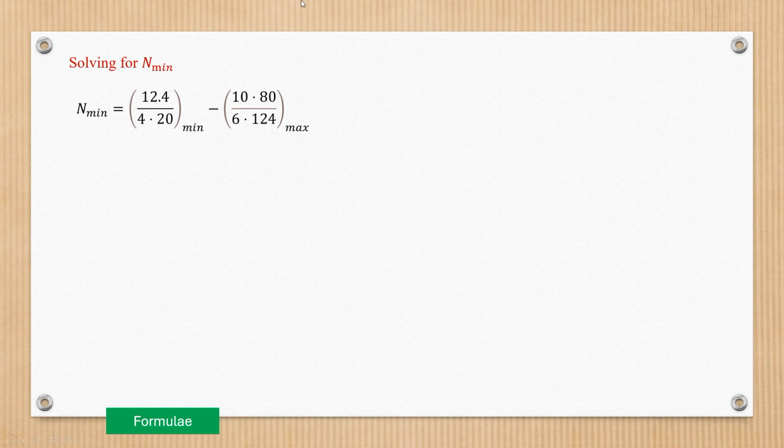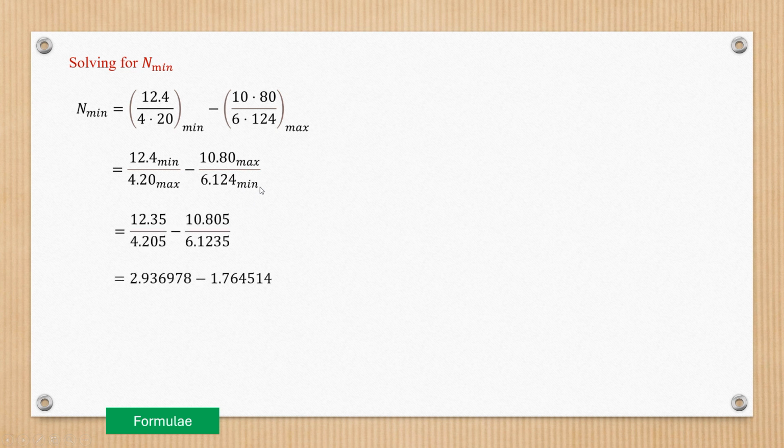Let's look for n min. Now when we're dealing with the minimum, when we're subtracting, this shall be minimum and then this shall be maximum. When I go into detail, I'll have a minimum at the top and a maximum below, and here I'll also have a maximum at the top and a minimum below. So this is what I have. When I subtract this, I have 1.172464. Alright, so therefore the range is, we're going to look at the minimum value, 1.172464, comma